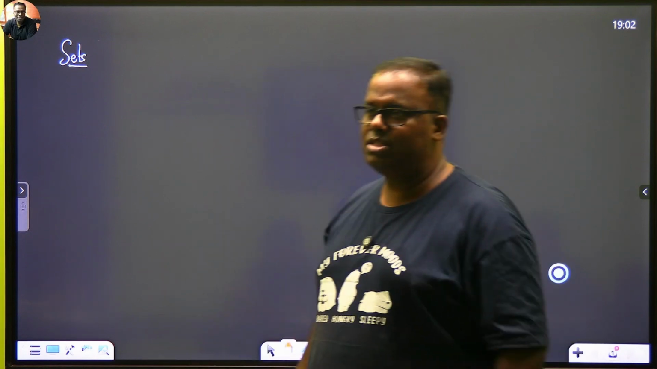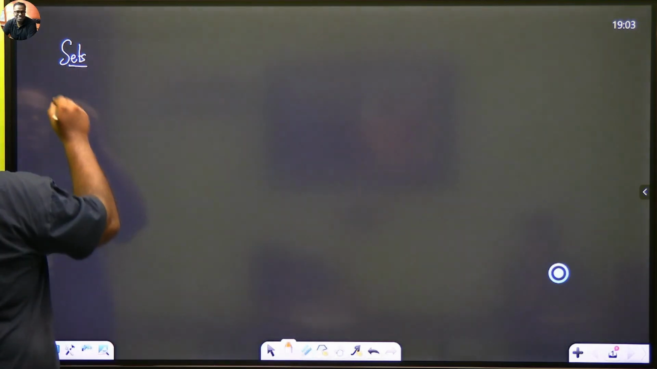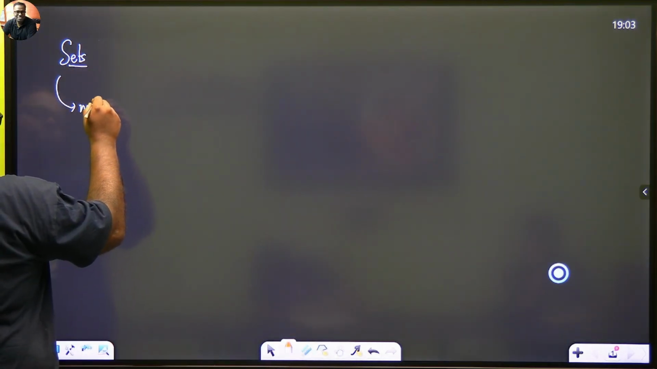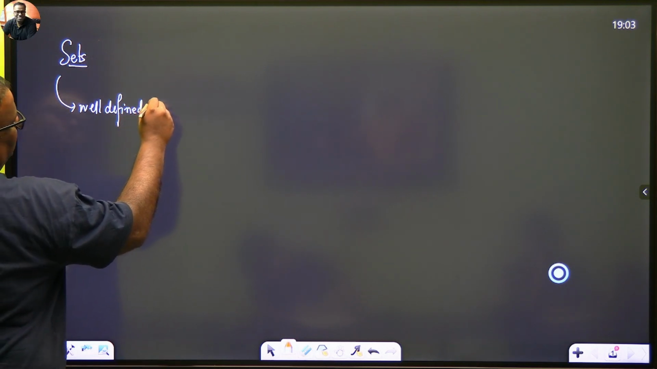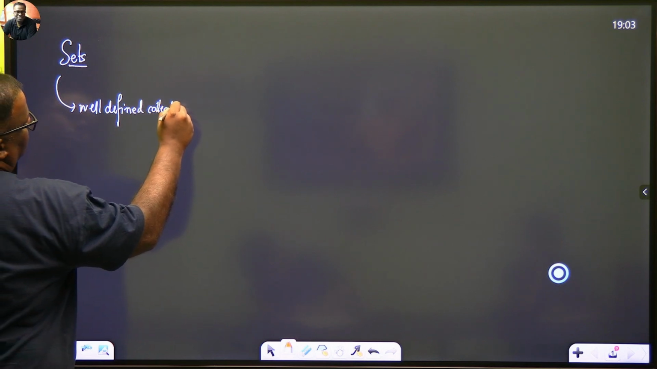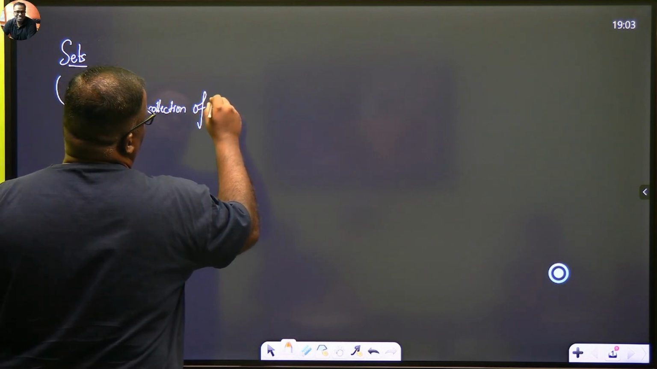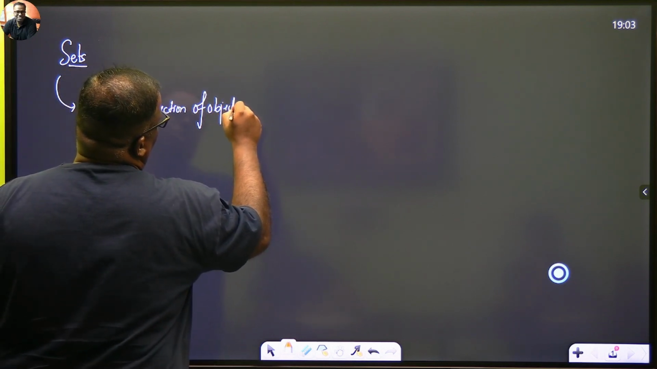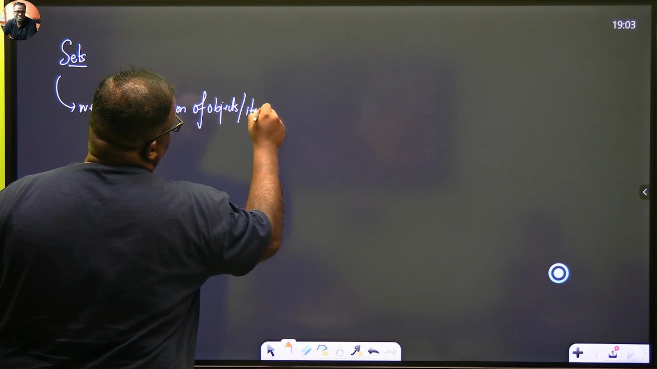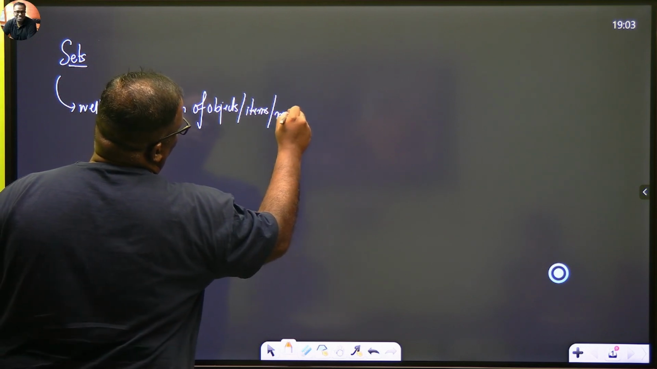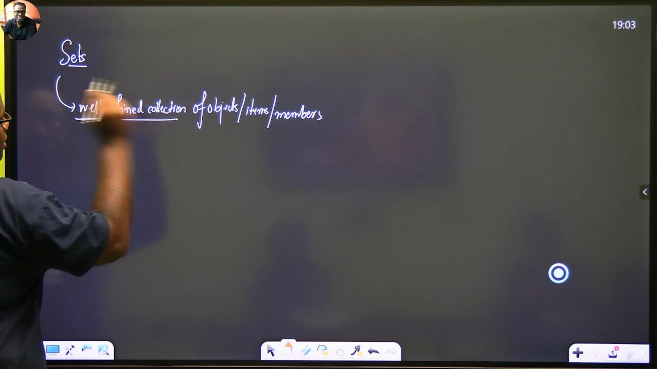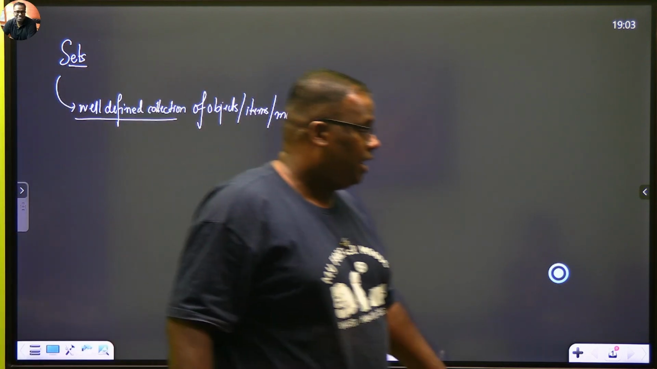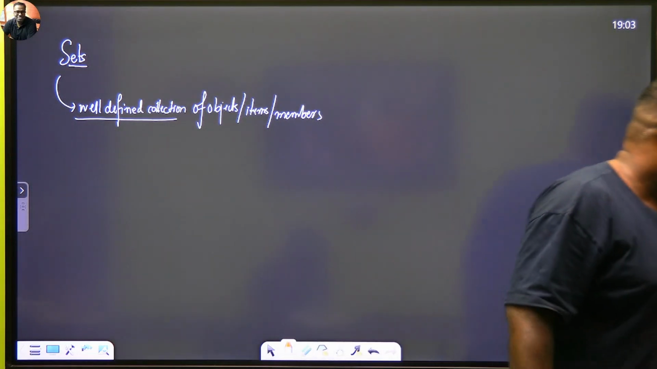So in mathematics, set means a collection, a well-defined collection of objects, okay? A set is a well-defined, and everything is hidden in this word well-defined. Well-defined collection of objects. You can write objects, you can write items, you can write members, whatever you feel like. But what you need to concentrate on is the word well-defined,